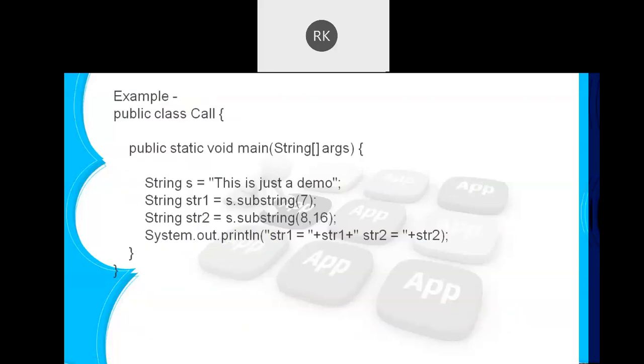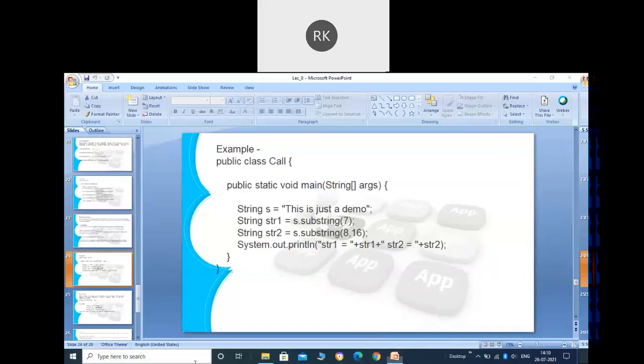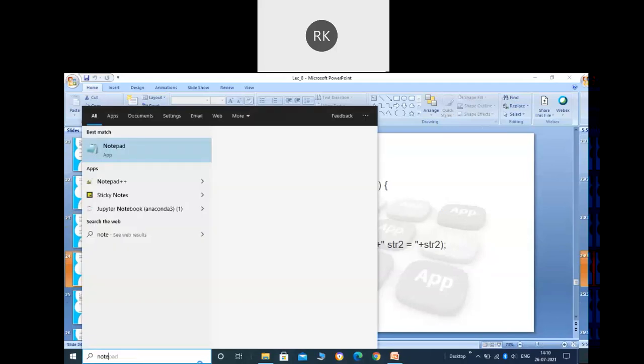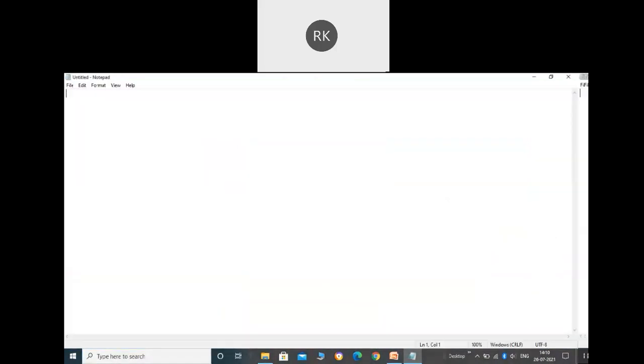Let me open Notepad. So let's say we have a string, let's say this is just 10. In the next line, let's say I'm saying string s1 is equal to s.substring, and let's suppose here I have specified 5.